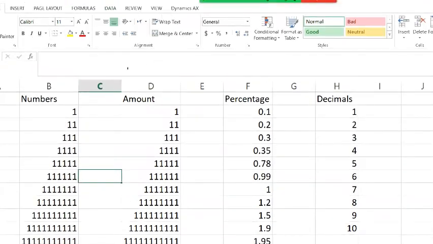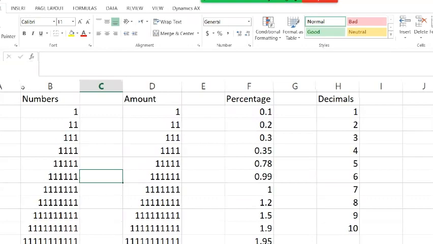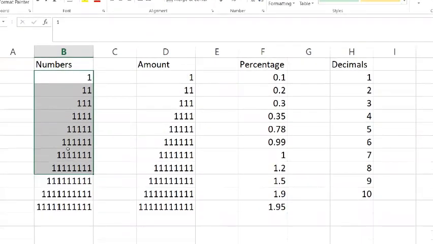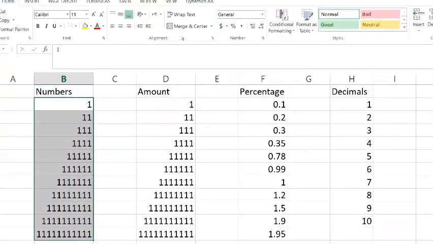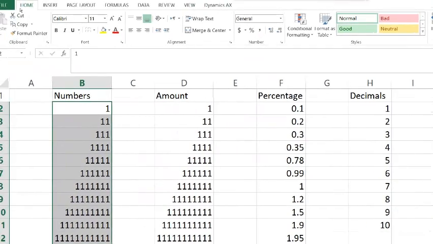add commas or separators, we will select the data set in which we need to add separators or commas, and you will find the comma in the Home menu of Excel. Here you can see one icon in the shape of a comma, and when you bring the mouse pointer over it, it will say Comma Style.